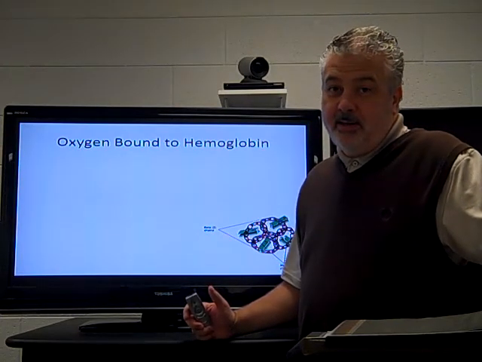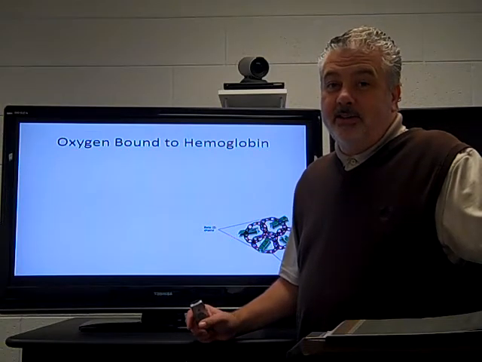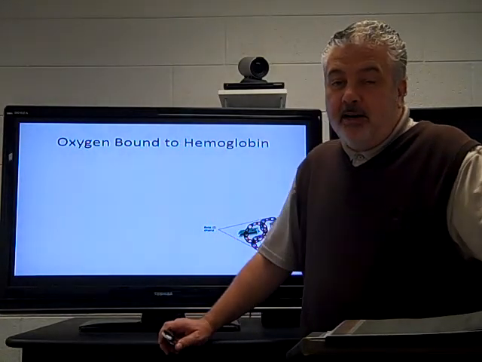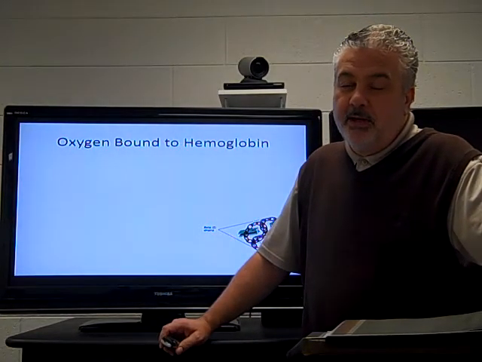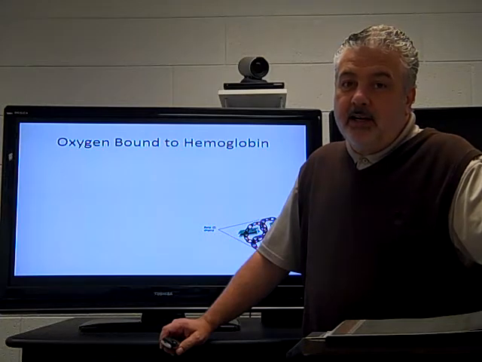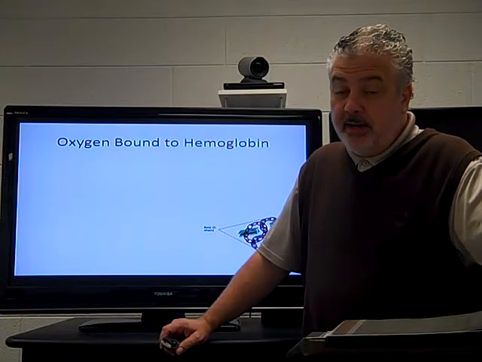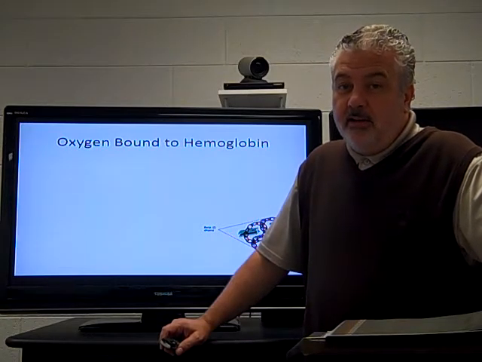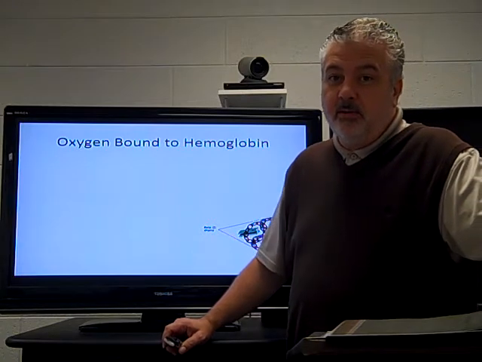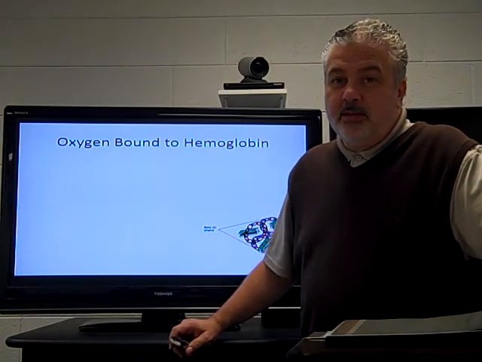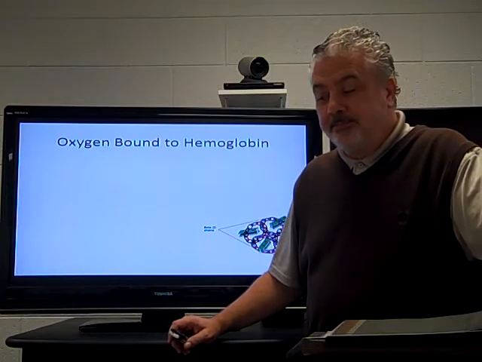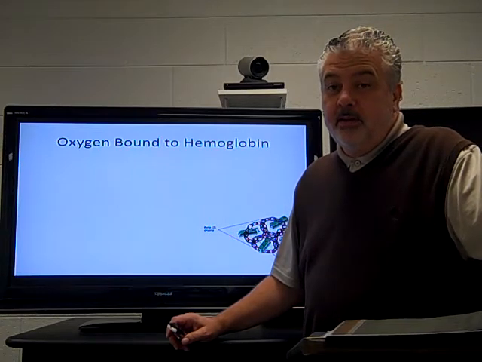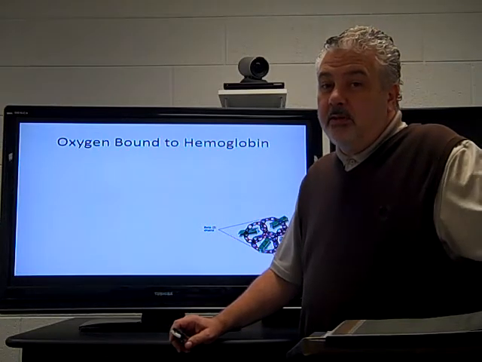Hemoglobin's where it's at, baby. That's what we need to carry oxygen. We need hemoglobin and we need red blood cells. Those are the primary carriers of oxygen. To put it into perspective, hemoglobin carries 98.5% of all oxygen carried, and plasma only accounts for about 1.5% of oxygen carried. So, like I had said before, plasma is a poor carrier of oxygen, and hemoglobin is the primary carrier of oxygen. So the blood gas doesn't tell us hemoglobin, so we should always be